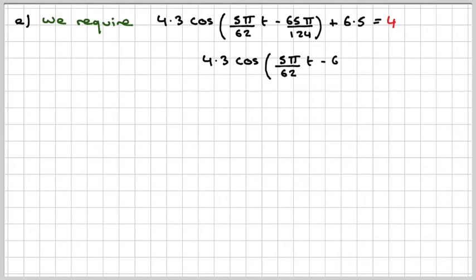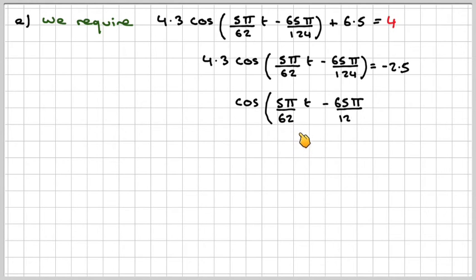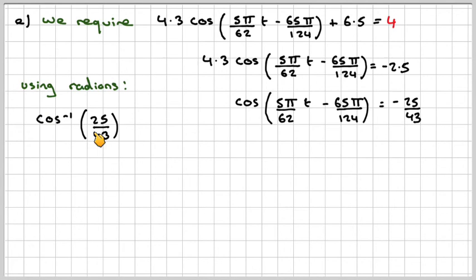Right, so then for part E, we need to find where our model is equal to 4. So solving this, first taking 6.5, we're going to get that this is now equal to minus 2.5, and then divided by 4.3, we're going to have that cos of (5 pi by 62 t minus 65 pi by 124) is equal to minus 25 over 43. Okay, this is a trig equation. So if we make sure we're in radian mode, if we do cos to the minus 1 of 25 over 43 in radians, you get